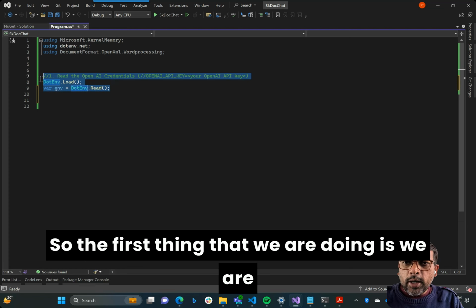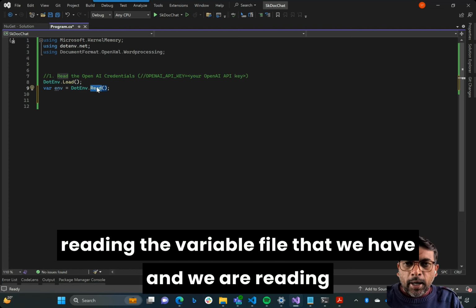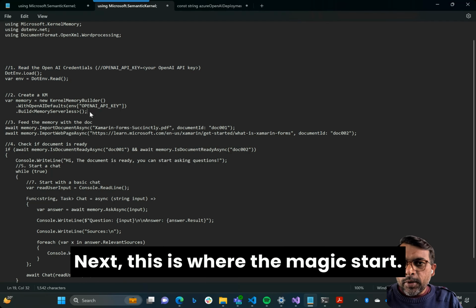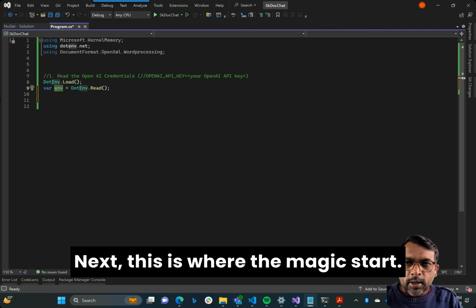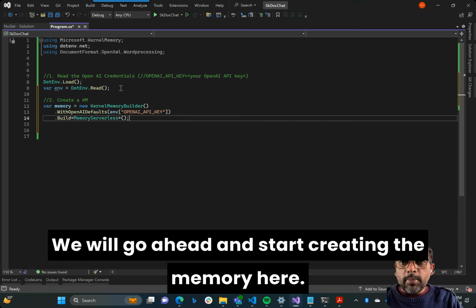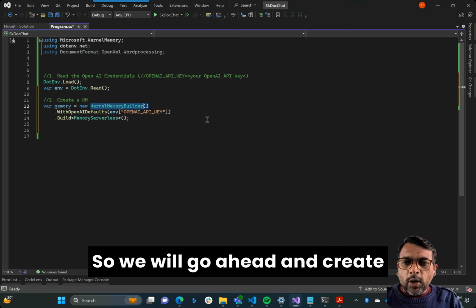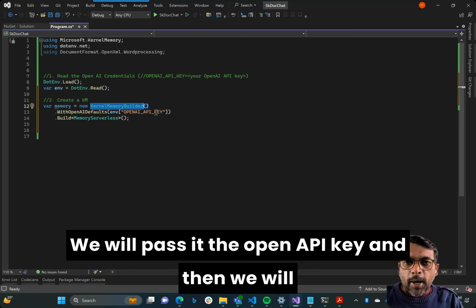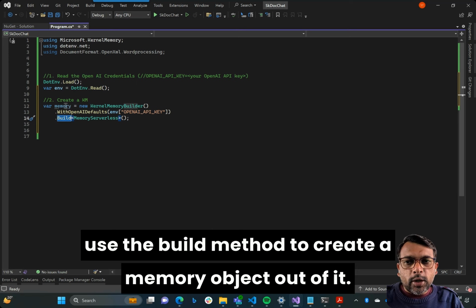So the first thing that we are doing is we are reading the environment file that we have, and we are reading the OpenAI key from that into this variable here. Let's go ahead next. This is where the magic starts. We will go ahead and start creating the memory here. So we will go ahead and create an object of KernelMemoryBuilder. We will pass it the OpenAI key, and then we will use the build method to create a memory